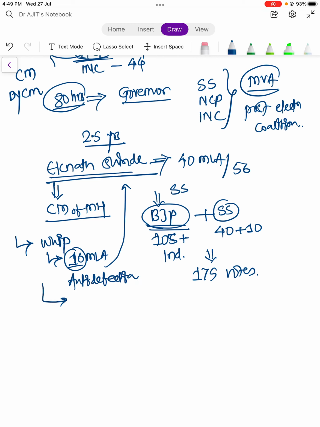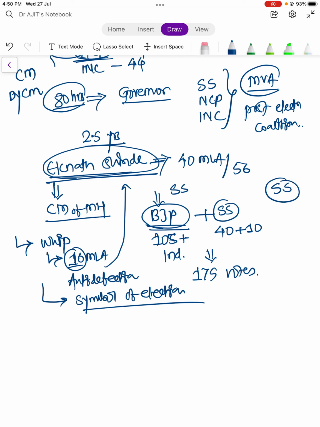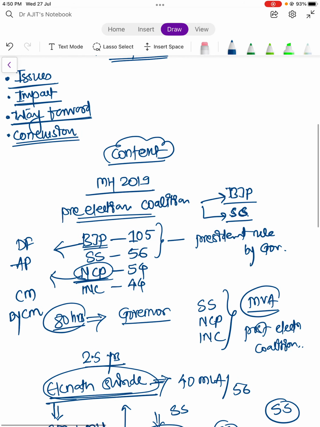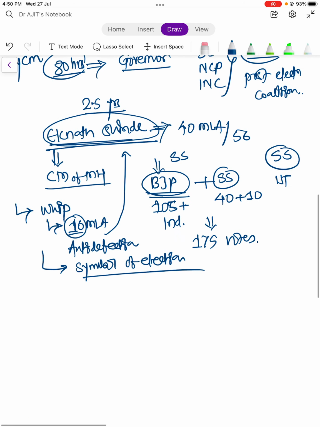There are other issues with respect to the election symbol, that is the bow and arrow of Shiv Sena, and who will get it: whether the Eknath Shinde faction will get it, or the old, original Shiv Sena led by Uddhav Thackeray will get it. So again there are too many issues we will discuss. Next we will discuss the meaning